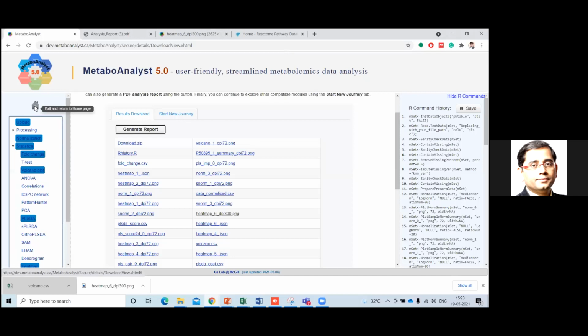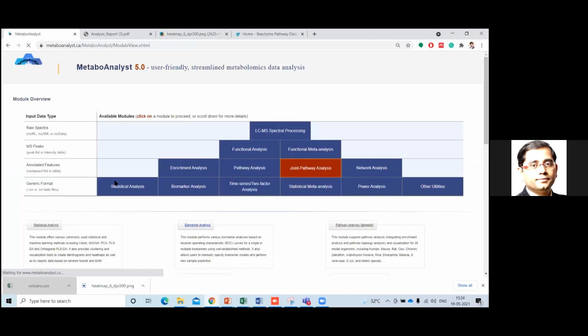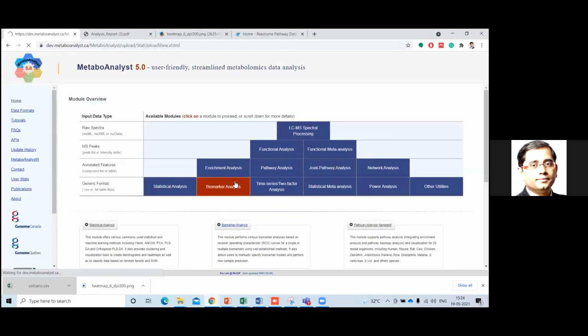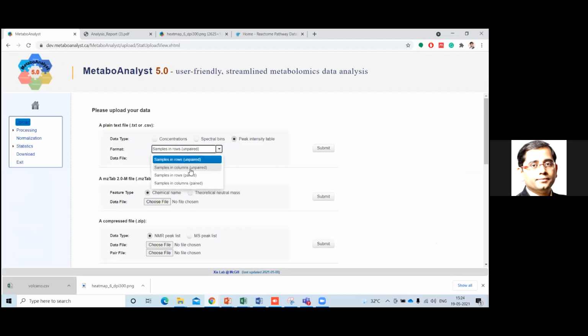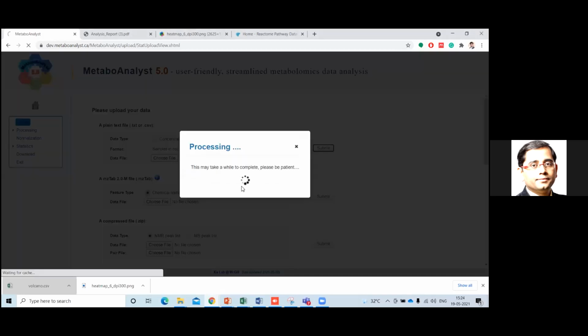Right, so let me go back and try to give you the demo once more. We are going to the statistical analysis over here, and we will click peak intensity table. We will choose samples in columns, unpaired, the second option. Then we will choose the file, whatever file we have, and submit it.